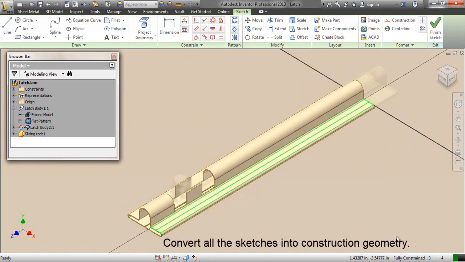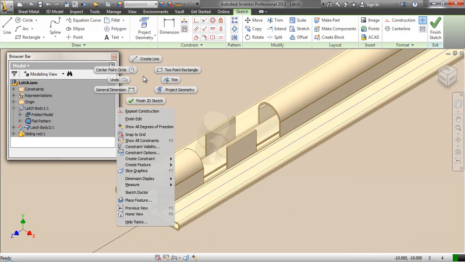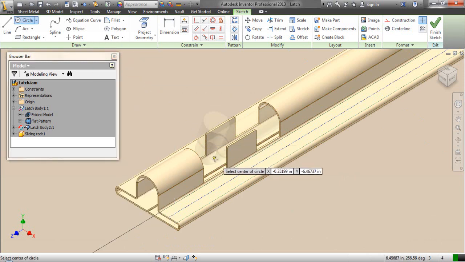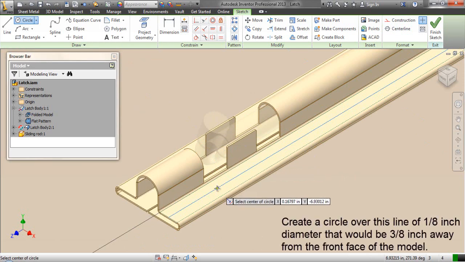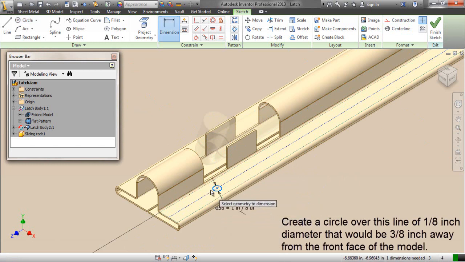Convert all the sketches into construction geometry. Create a circle over this line of 1 by 8 inch diameter that would be 3 upon 8 inch away from the front face of the model.